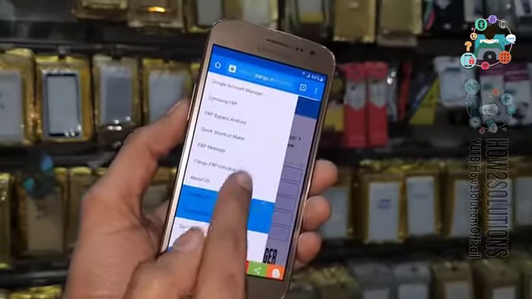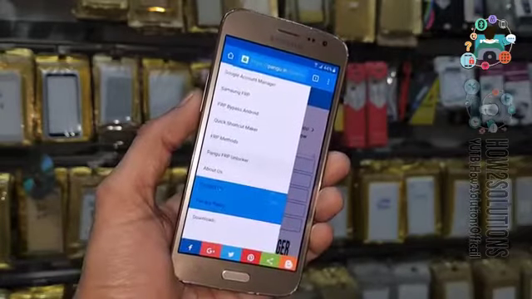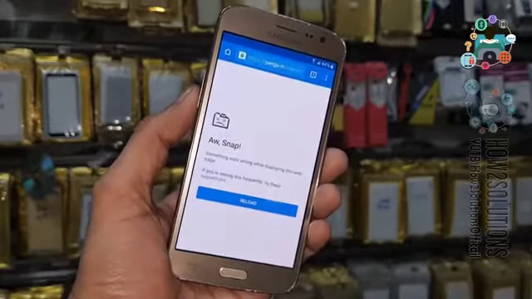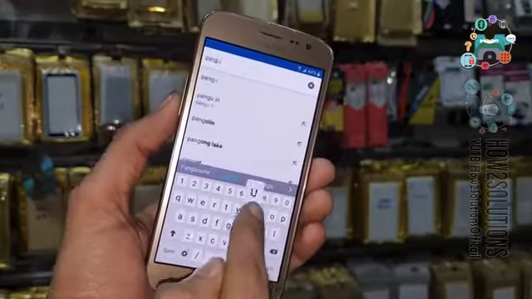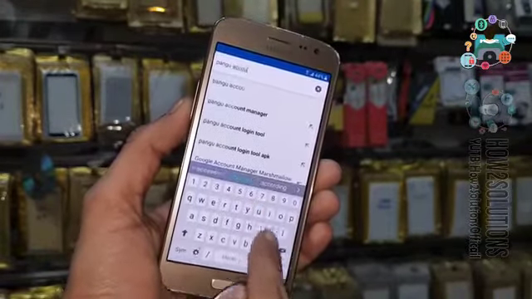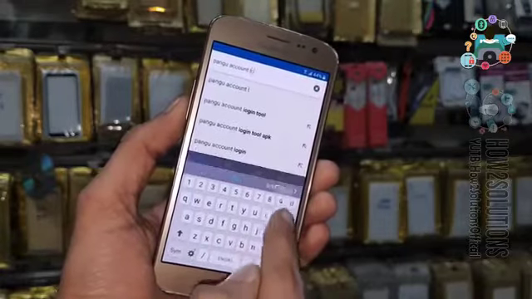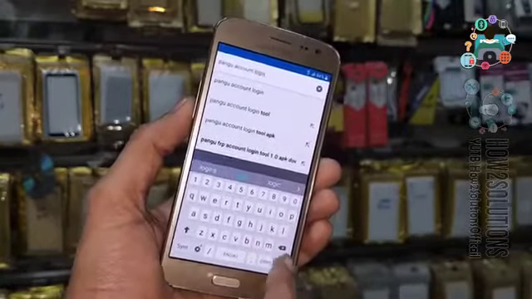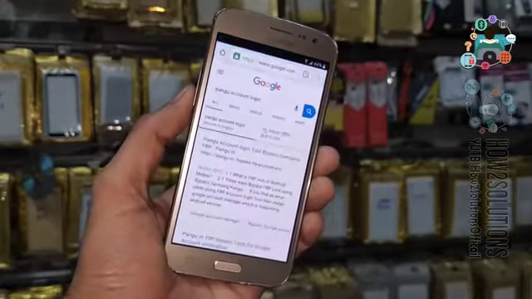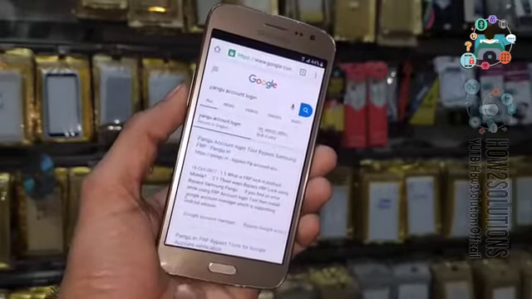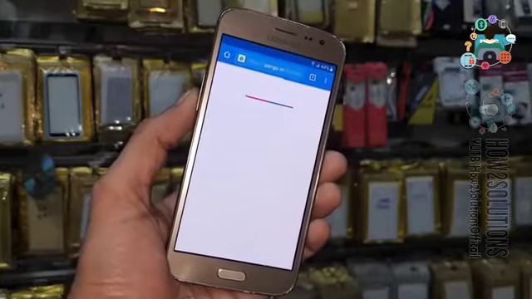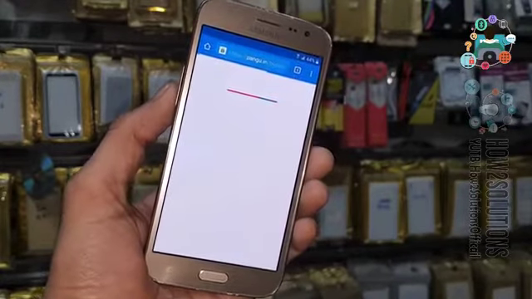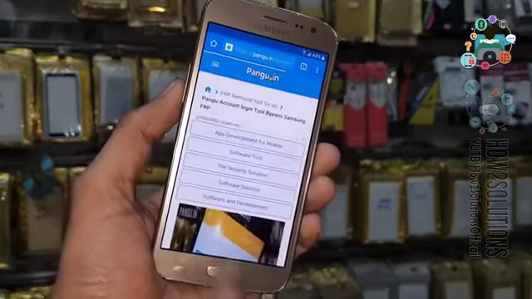Now I am going to use another tool, Pangu FRP Unlocker. I think I have to use Google to download this application, Pangu Account Login Tool. Pangu Account Login Tool is for Android Marshmallow and Pangu FRP Unlocker is for Android Oreo 7.1.2 or 8.0.1.